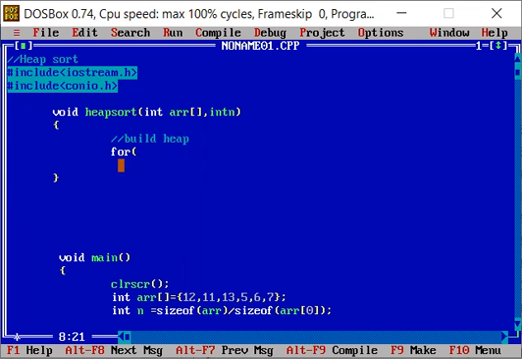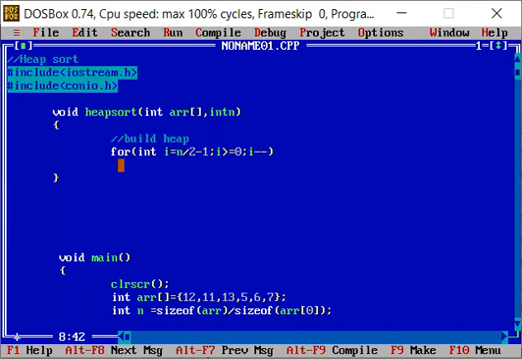Okay, so how can we calculate the number of non-leaf nodes? That is n by 2. So we'll write int i equals n divided by 2, and we'll subtract 1 out of it, and then we can write i greater than or equal to 0, and we'll write i minus minus.